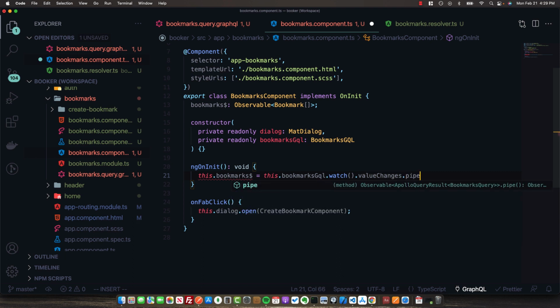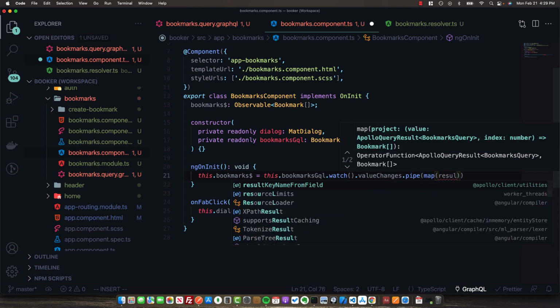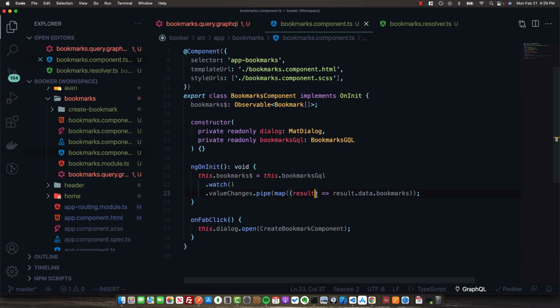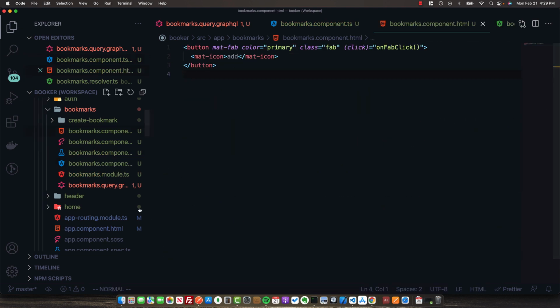And then we're going to pipe a map operator on it from RxJS, where we get the result back, and then we're going to return result.data.bookmarks. So now we actually have bookmarks coming in. So now let's open up our